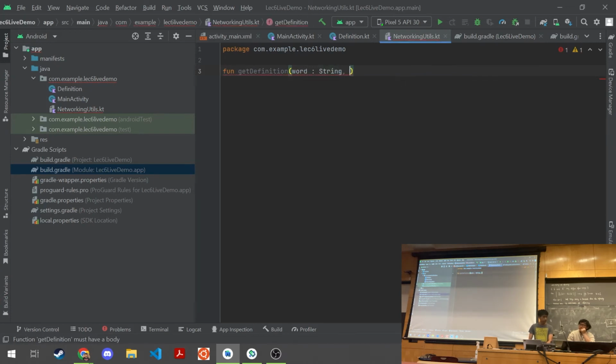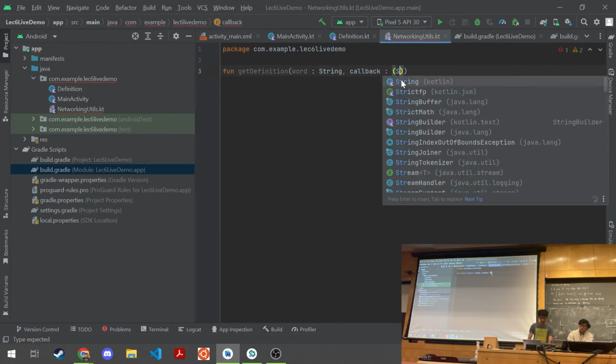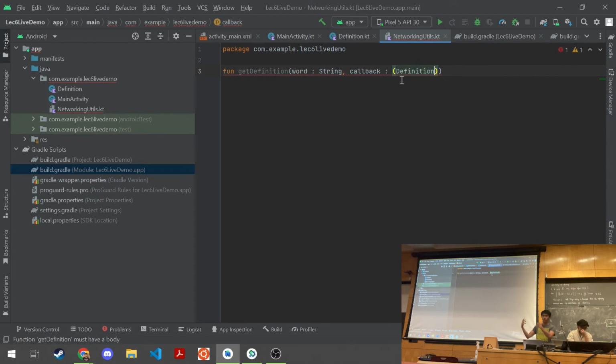And of course, we want to make a callback function. Now, one of the things about Kotlin that makes it very unique from Java is that it kind of has functional aspects, which you'll learn about in CS 3110 if you haven't already taken that. Basically, it can take in functions as values or arguments. So here, I'm going to specify a callback function that takes in a string, that's the definition actually, the definition that I would get from the backend and then do something with it. That it shouldn't really return anything. So Unit is the thing I'll say that returns. And Unit is basically the equivalent of void in Kotlin, like Java's void. So basically nothing, it doesn't return anything.